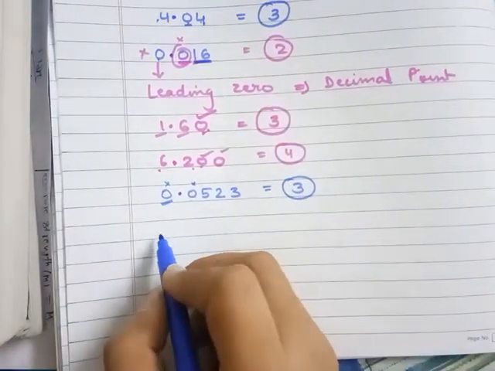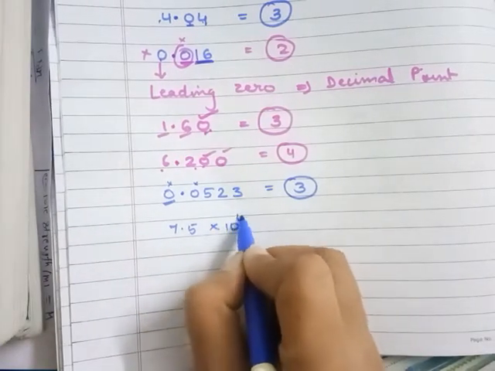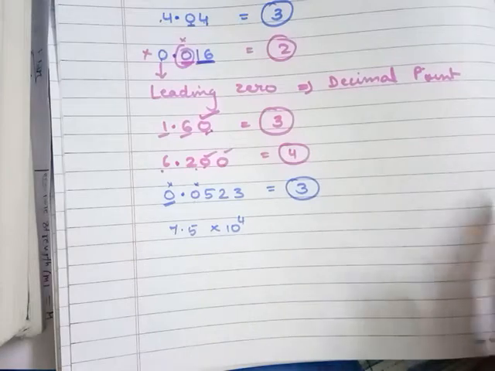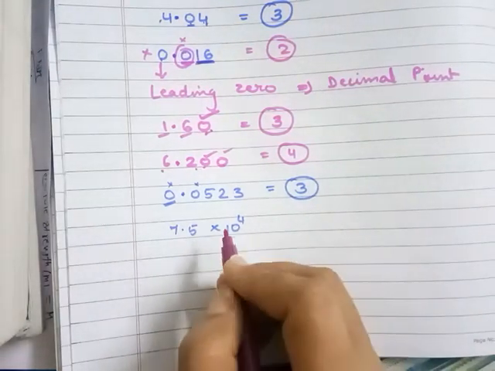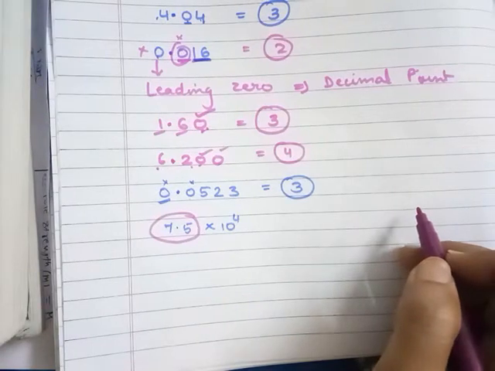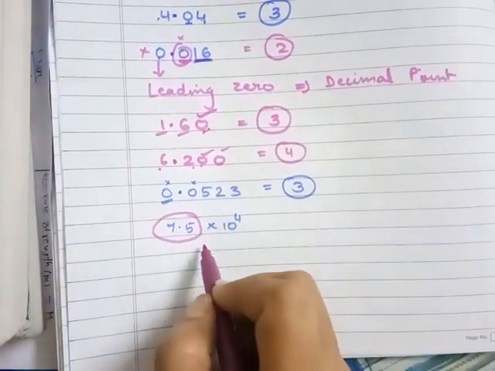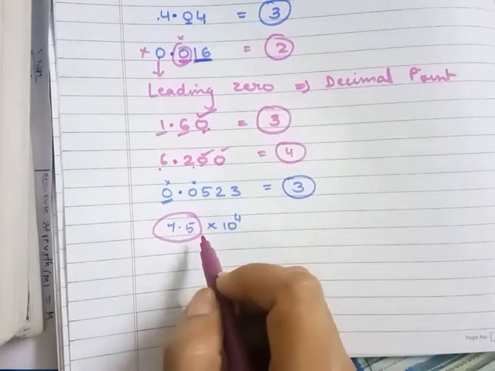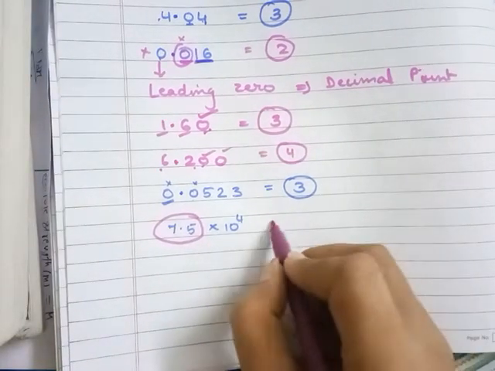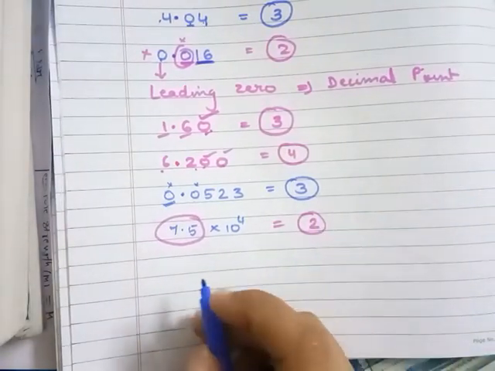In the next example, 7.5 times ten to some power. If a number is written in scientific notation, then we always need to remember that the significant figures would be from the characteristic part, not from the exponential part. So from here we'll get the significant figures. So in this, how many numbers do you have? Both are non-zero, so we have 2 as a result, 2 significant figures.